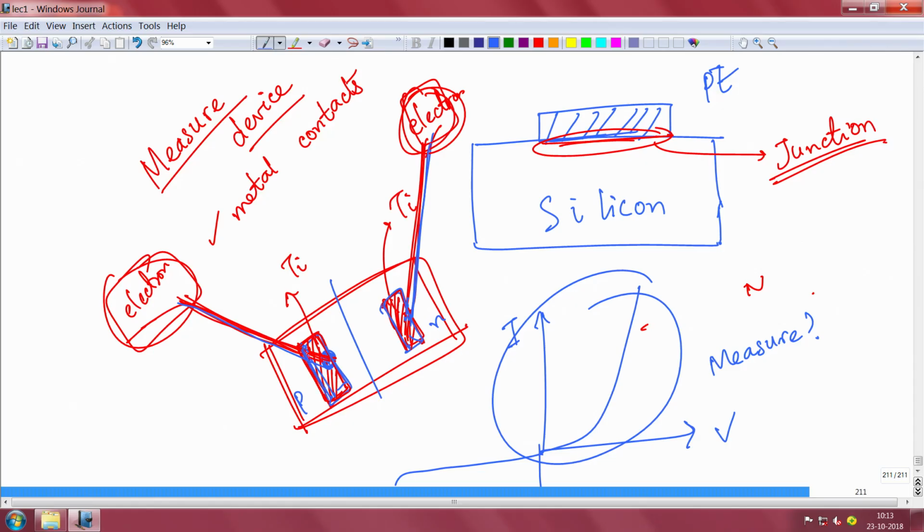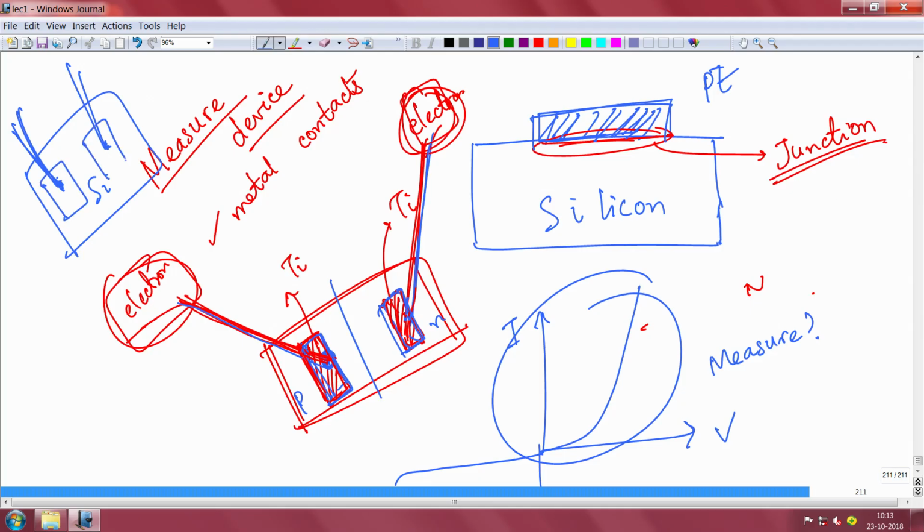So you need to put metal pads on the semiconductor and measure. You don't just take a piece of silicon like this and put down the probe tips, okay. Sometimes you do, but in most cases you don't, because these probe tips do not make a good contact with silicon. You have to have a metal pad. Only a metal pad or a metal contact will make a good contact, and then you put down the probe tips.